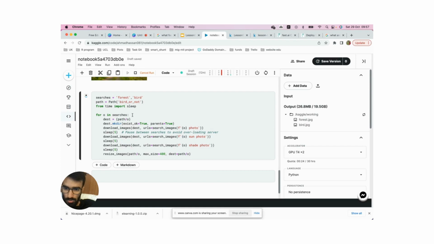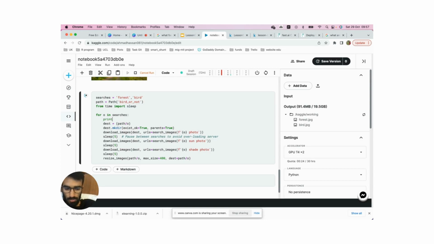In the next iteration, number 2, I will have bird in that case. So O will be renamed to bird, and it will create a directory containing bird, and each bird has different kinds of downloaded images. So you can print the output to see what O is, by writing this one. This is my O,